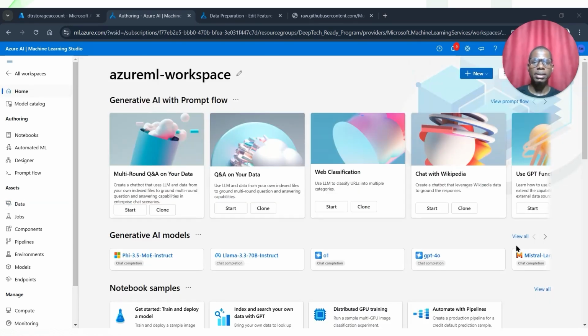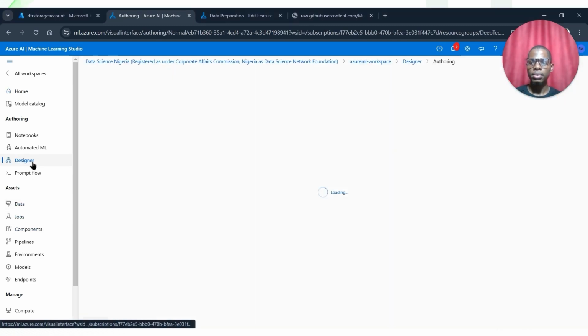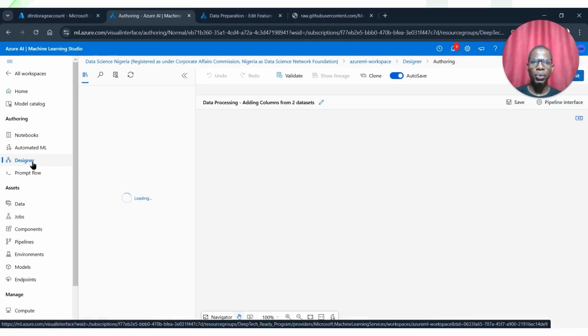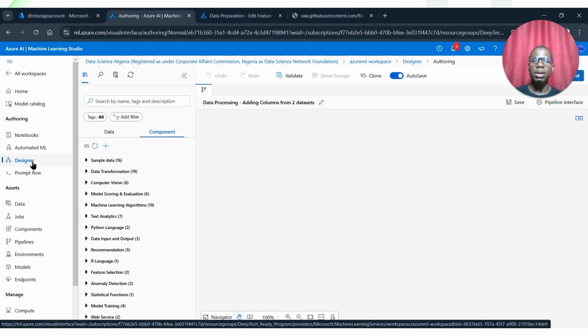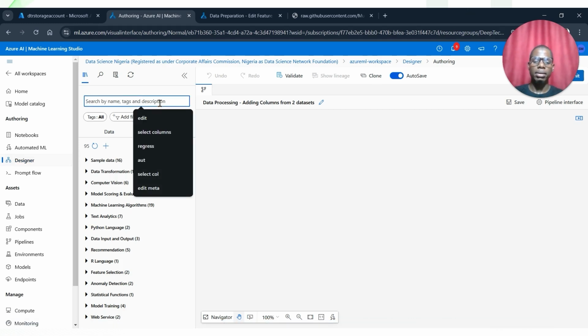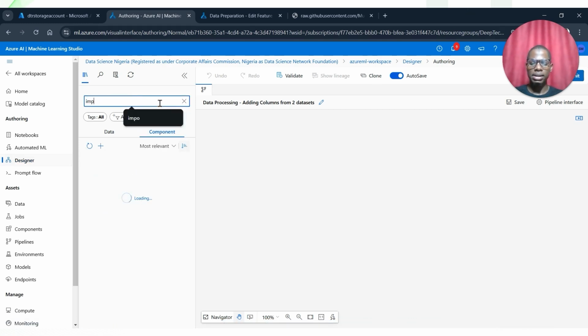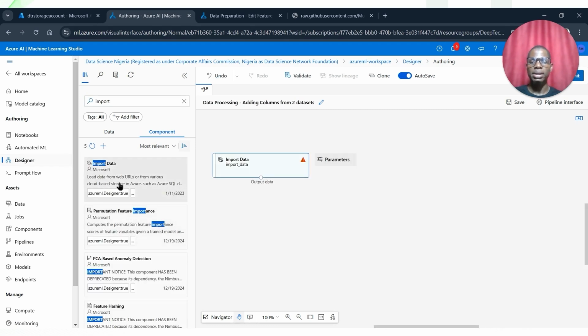So we have 2 data sets. How do we pick certain columns from one data set and add it to another data set? More like combining 2 data sets together. We do this by going to our designer and creating a new pipeline. On this pipeline, we would need to select the 2 data sets which need to be combined together. How do we do that? We do that by bringing up our import datasets component and dragging it onto the canvas,